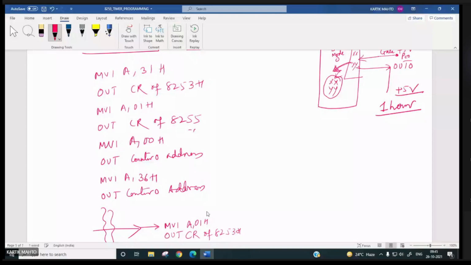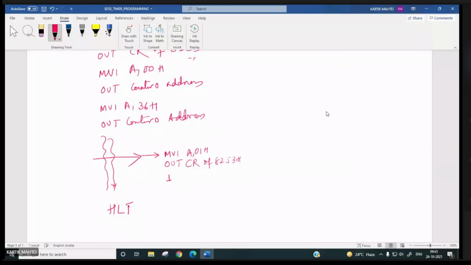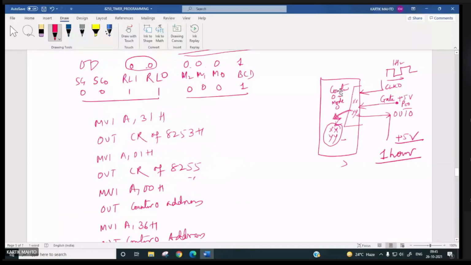Now you have to read this. So now we have to do what? For reading the latched count value, when we latch counter 0, it will be latched somewhere, and it corresponds to counter 0. So now we have to read the counter 0 latched value.